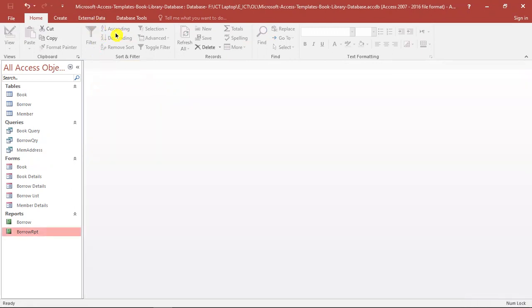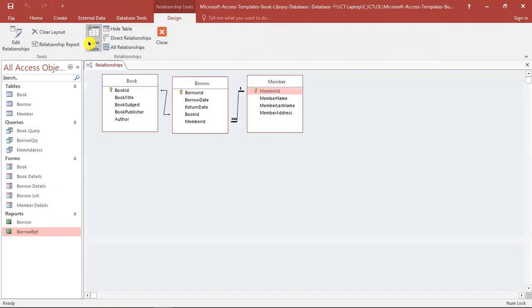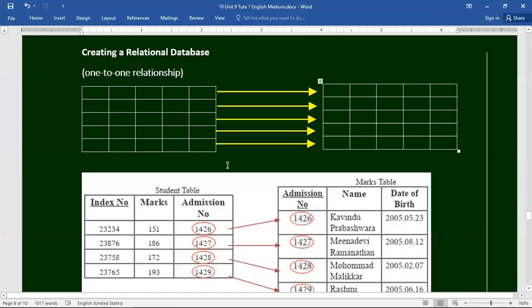So okay, in Access databases, you know how to create relationships between databases. You have seen, select database tools and go to the relationships, and you can change the relationships between tables. There are three types of relationships. Now we are going to study the relationships between tables. A relationship is developed using a primary key and a foreign key.